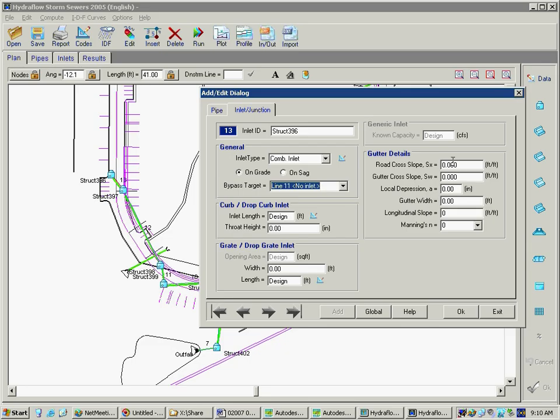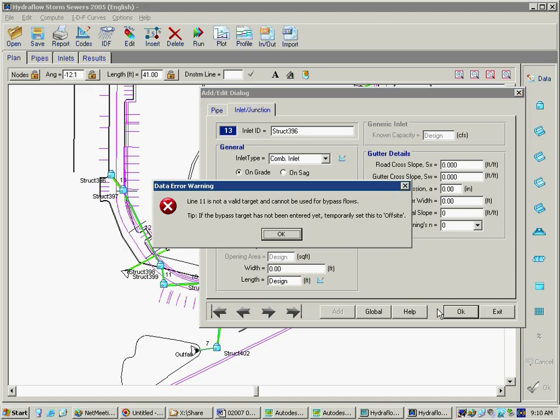So you need to have your roadway cross slope and gutter cross slope, any localized depressions. Sometimes we sump our inlets an inch or two. The width of your gutter and the longitudinal slope of your road, and then the Manning's number of the road. You can enter all that information here and then move on to,